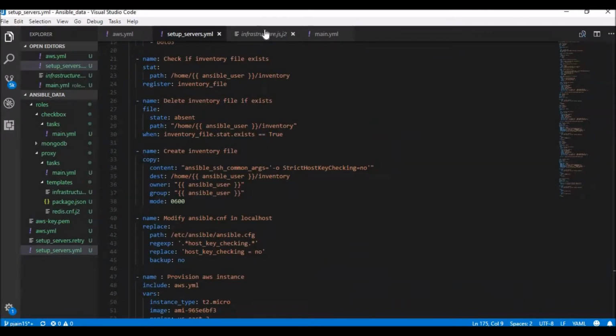We have the infrastructure.js file here, which